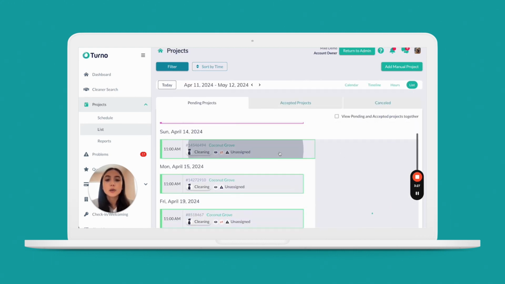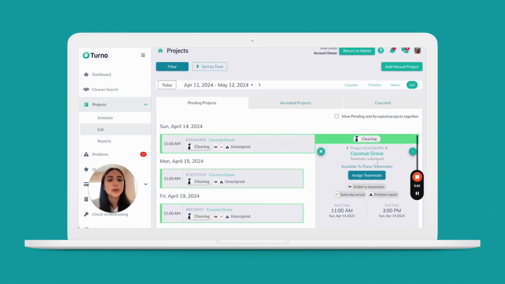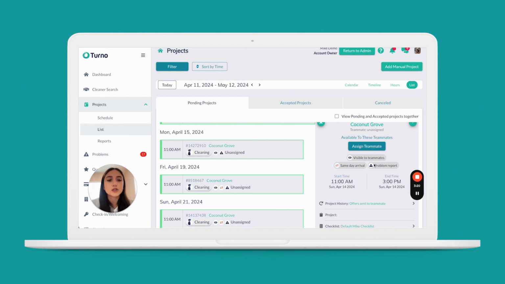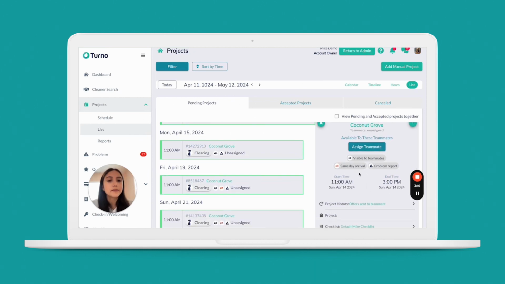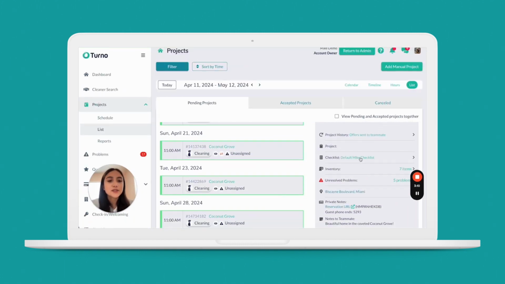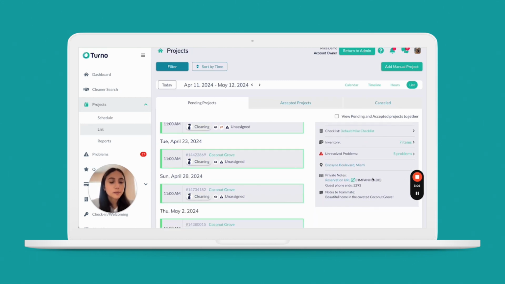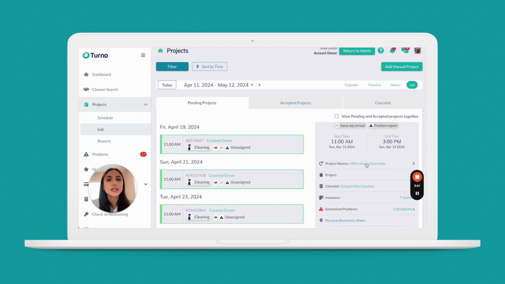Now, to learn a bit more about what we share with the cleaners themselves, you can click into any of these little rectangles to open up the project card, which is this gray box over here on the right. So we are showing your cleaners the start and end time, if it's a same day arrival, so that they know to stay within that time frame. This is where your checklist and inventory will live, which we'll talk about in a separate video. Any notes you may want to leave them, your address, and through their app, day of the cleaning, they have